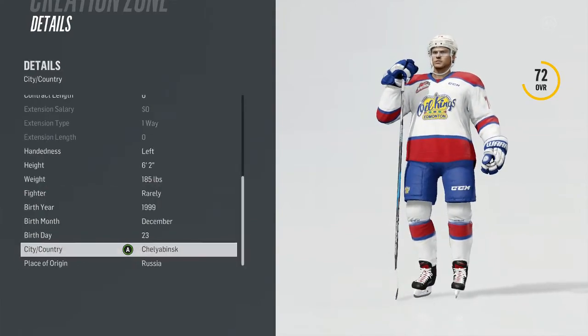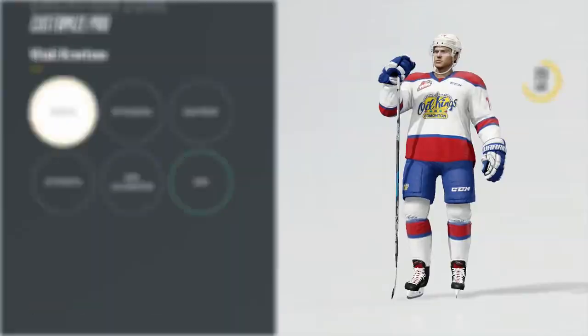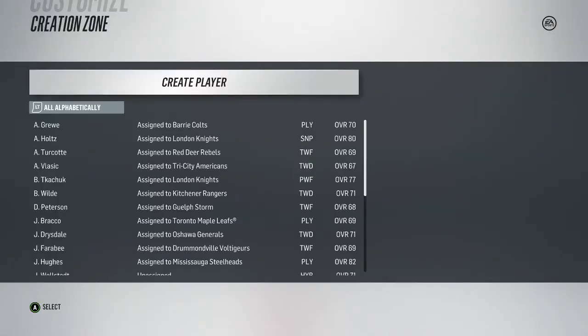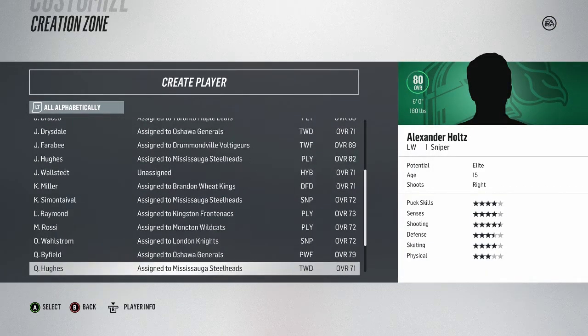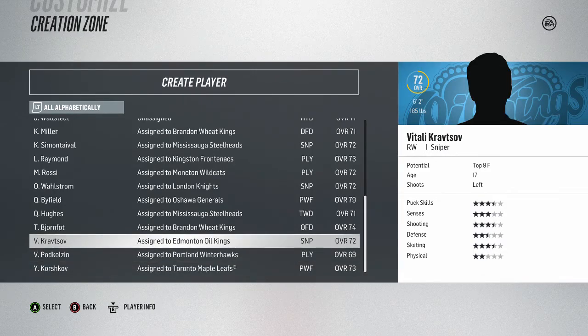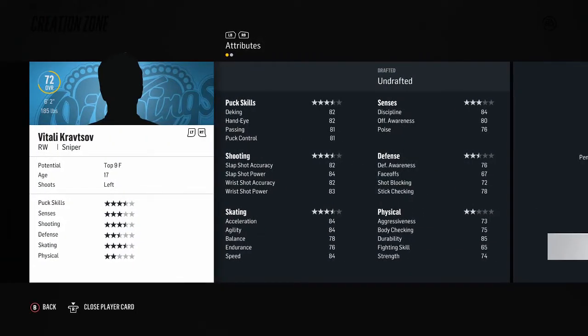All right, so we'll move on to his attributes, and I'll do a little bit of explaining. Oh, I went a little bit too far there. So yeah, I have his puck skills and stuff like that high up there. And by the way, his potential is a high top 9, because what tends to happen is guys like Nikita Kucherov and players like that tend to get very undervalued when coming into the draft. So they're going to be rated a lot lower. And I feel like he is